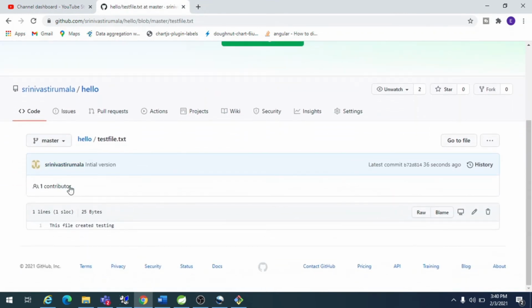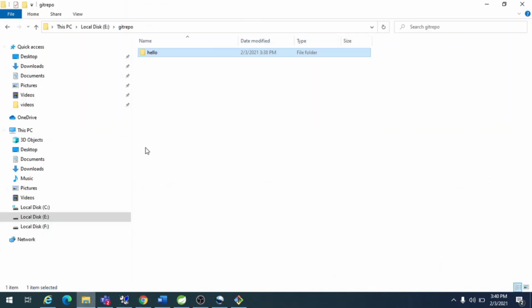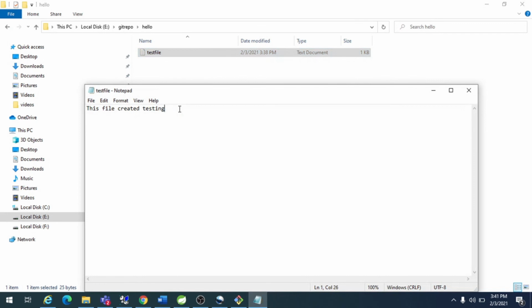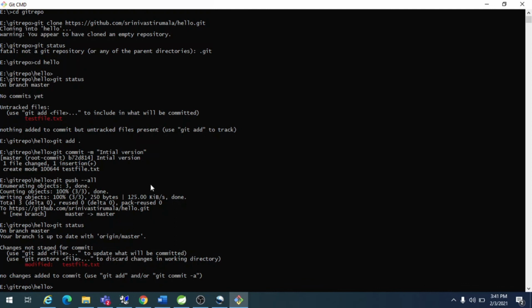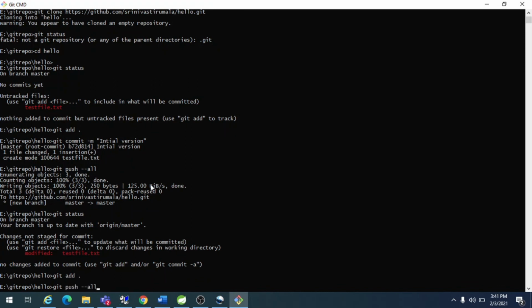Suppose I made any changes again, I'll add some lines. I will do the same steps. This file got modified, so I need to add it again. I need to commit, but this time I will put some text for tracking, second version.